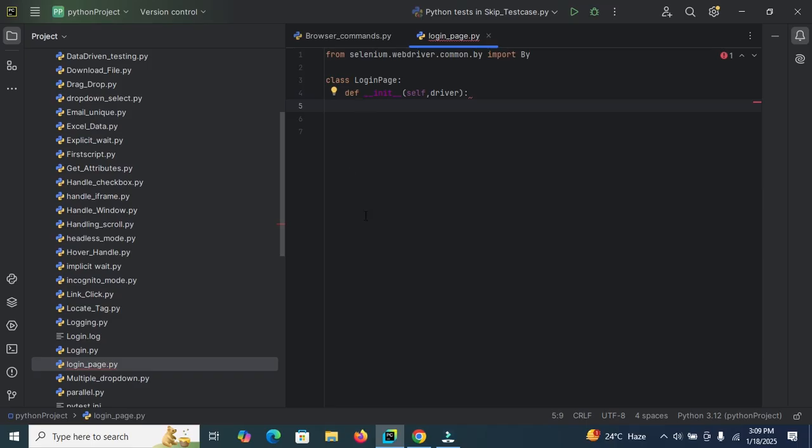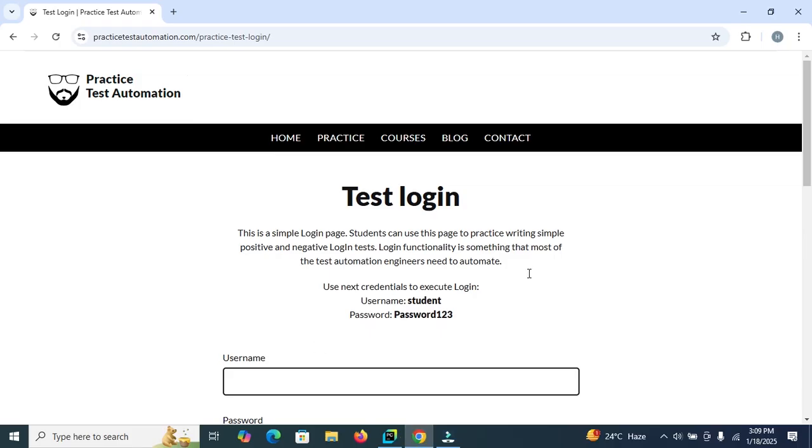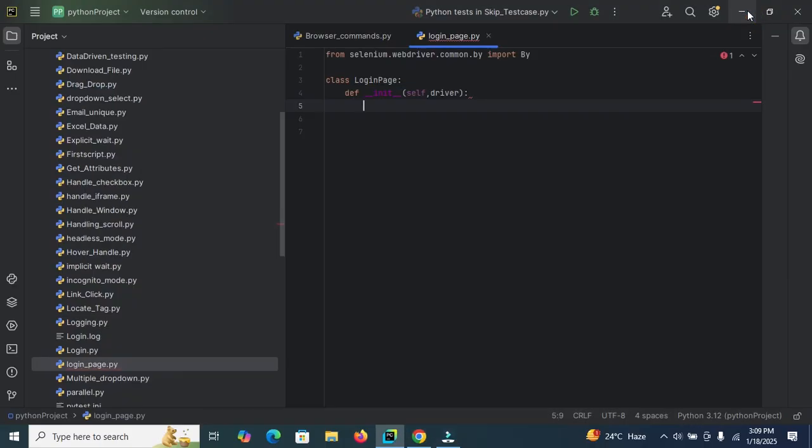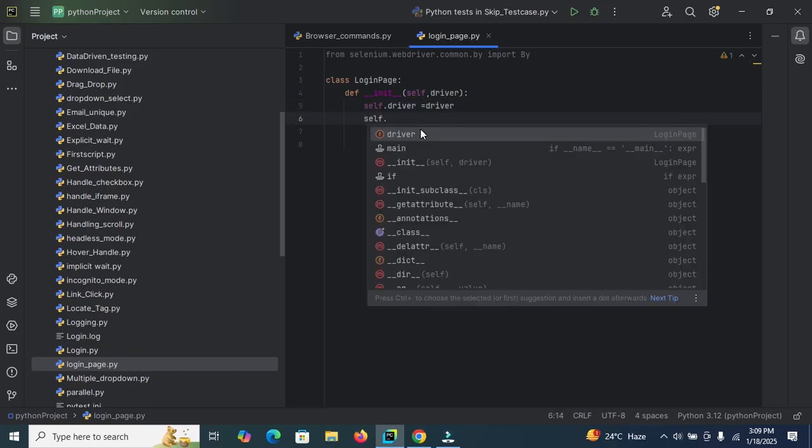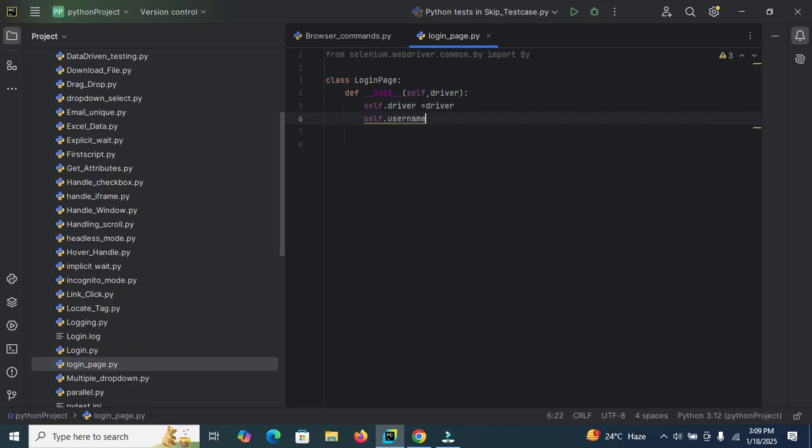Suppose we want to perform the login page testing. So we need to define the locator. First, we define the locator. So self.driver is equal to driver. Self dot username underscore input